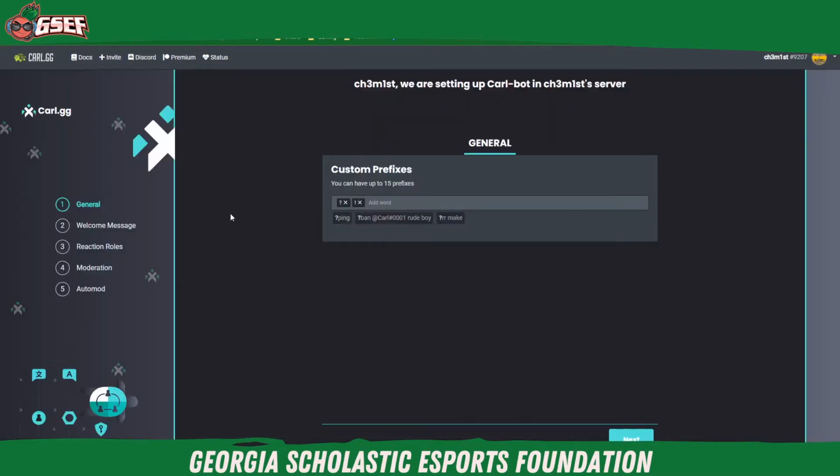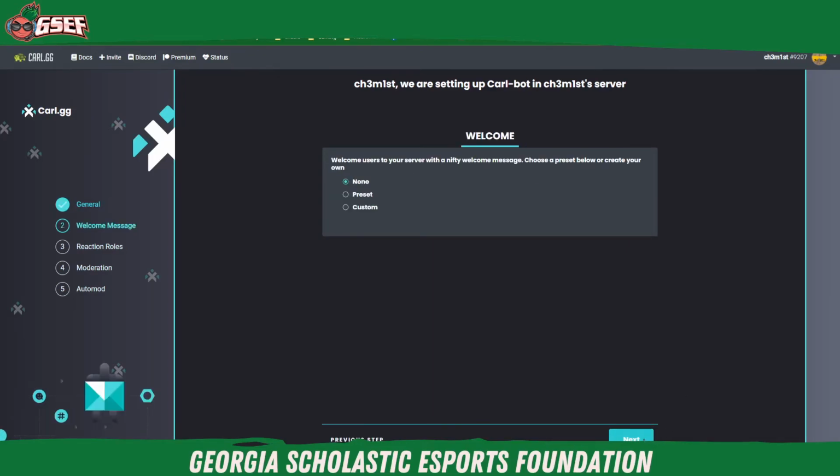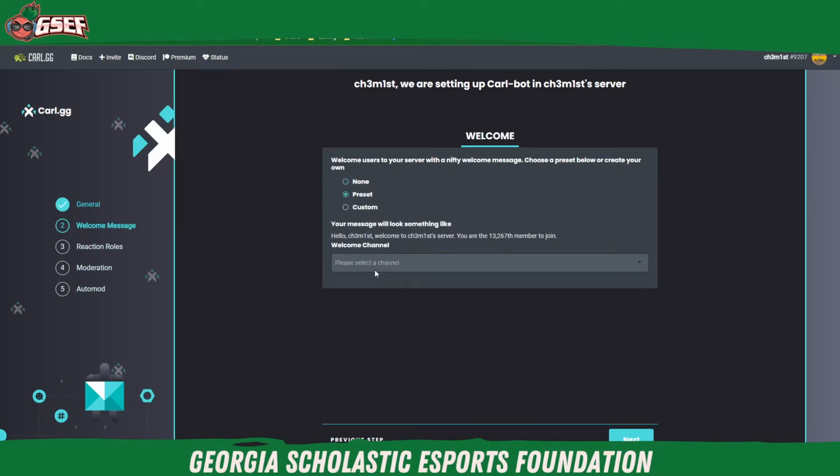And let's get started. Okay, so this is the general setup process. I recommend going through just this first part. Custom prefixes, the little question mark and the little exclamation point, go ahead and keep that. That's normal, that's standard. Welcome users to your server with a nifty welcome message. Yeah, go ahead and just do the preset. It'll say like, hello chemist, welcome to chemist server. You are the whatever number member to join. Next, select which channel you want that to say that in. We'll just put it in the general channel for now. Next,